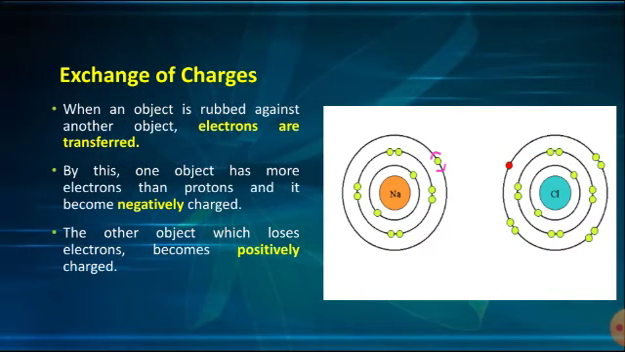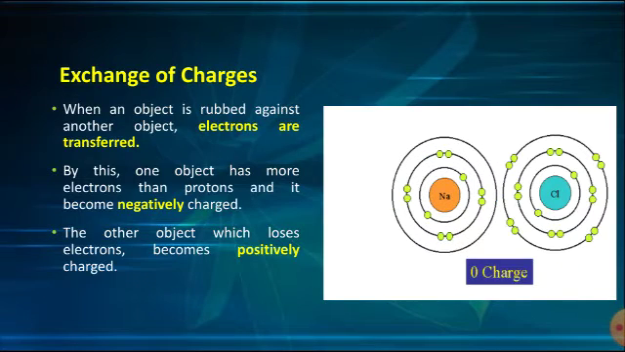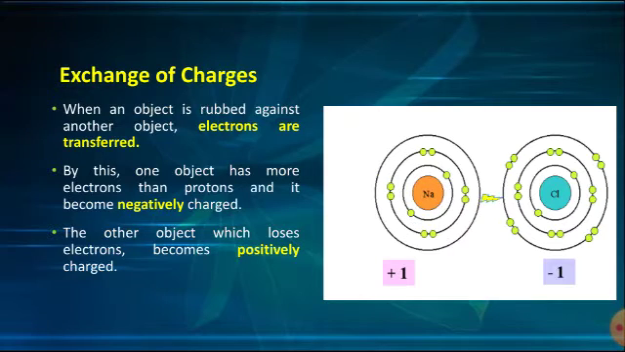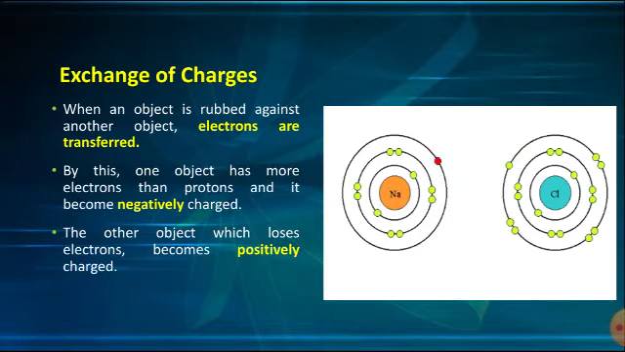Now we will see the exchange of charges. When an object is rubbed against another object, electrons are transferred. By this, one object has more electrons than protons and it becomes negatively charged. It is the object which gains the electrons, while the object which loses electrons becomes positively charged. As you can see in the animation,